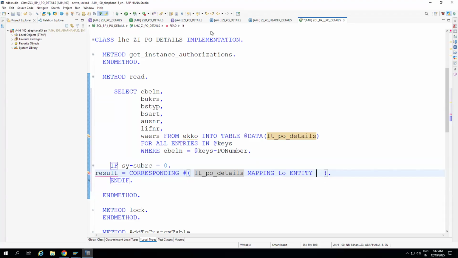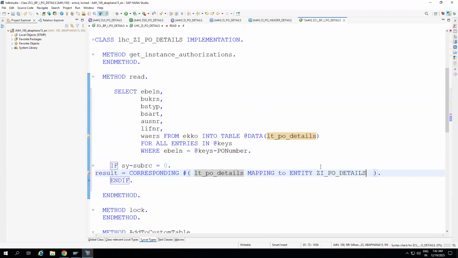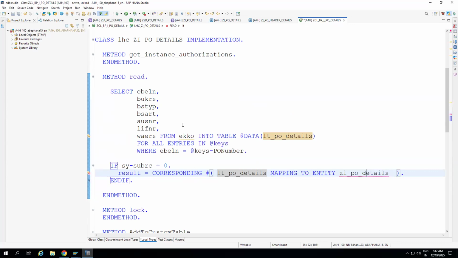What is our entity? Our entity is this one, right? So mapping to entity, this, correct? So no, I think we don't need to give the entity. By default it will consider the entity. Mapping to entity. Okay. Now, whenever I am writing this particular statement, what it is trying to do, there is